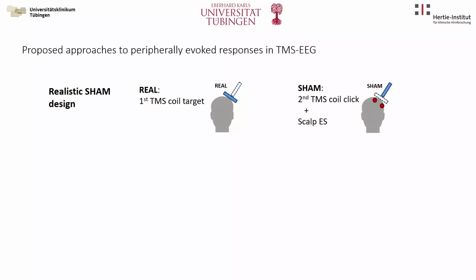We need a control condition. So you do the TMS-EEG with your real coil, but at the same time you also apply stimuli using a sham condition. A sham condition that will recreate all the sensory stimuli of the real TMS, but without the direct cortical stimulation that the TMS does. So you can then here control for the auditory impulse using a sham coil, and for the somatosensory input,